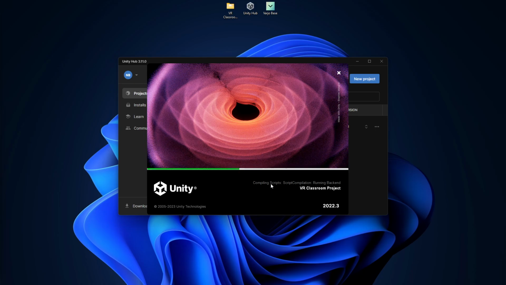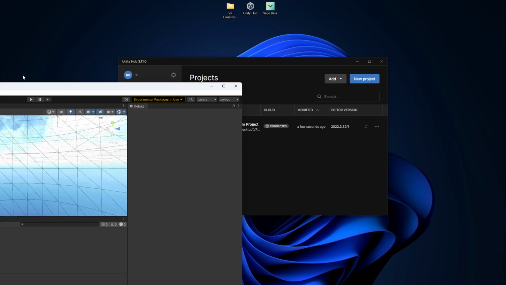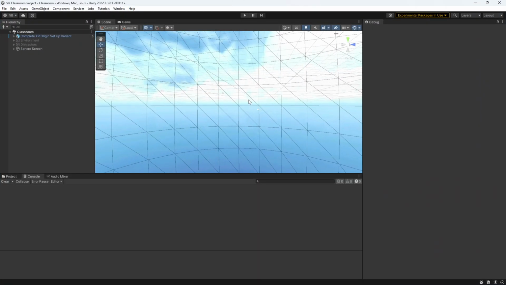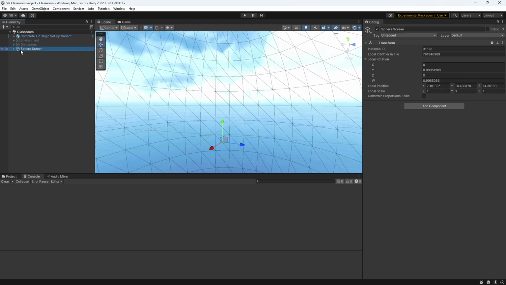I'm sure it'll run a lot faster on our work computers than my computer at home. All right. And so this is how our Unity project will be open. Right now it's not really showing anything, but once we hit the run button, which is this play button up here,